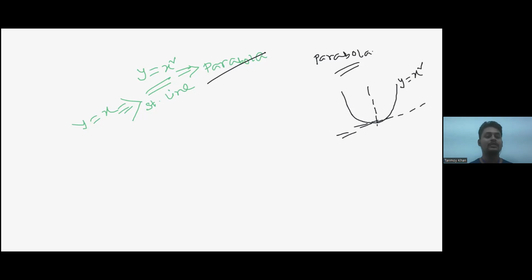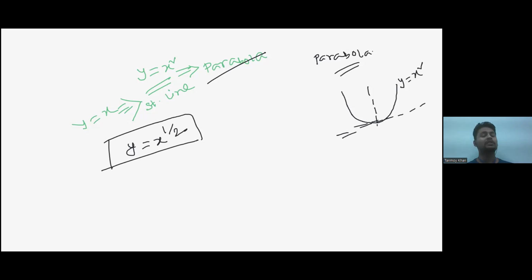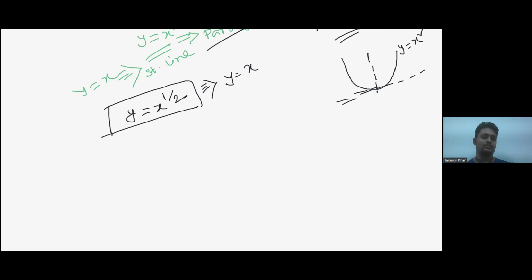Now let's take one very interesting example. y is equal to x to the power r. Now, life looks a bit difficult, but it is not, because you can directly do it in the same manner. You always compare it with that, right? So how do you plot it? Now, if we compare, then